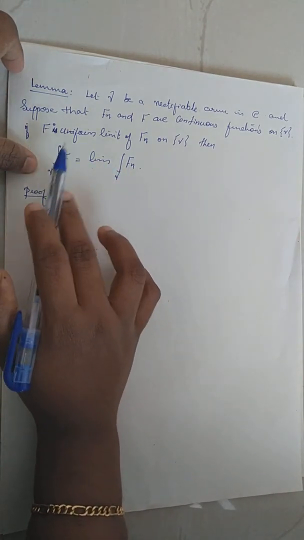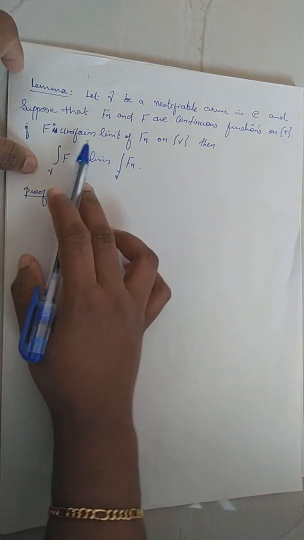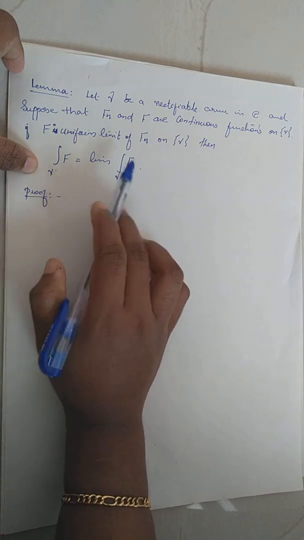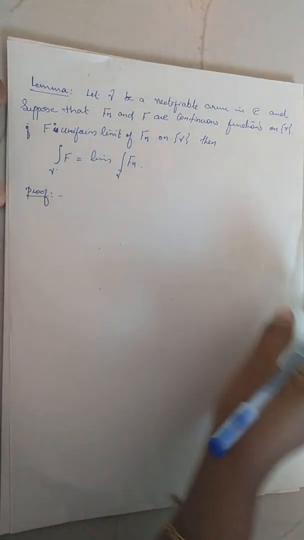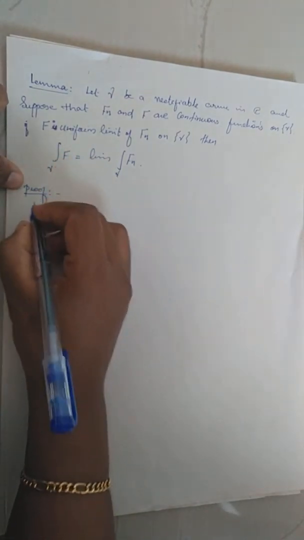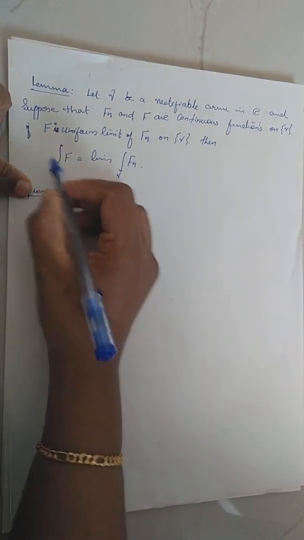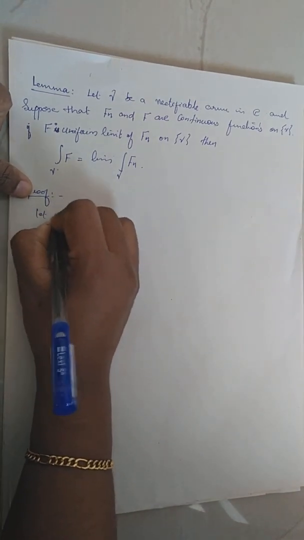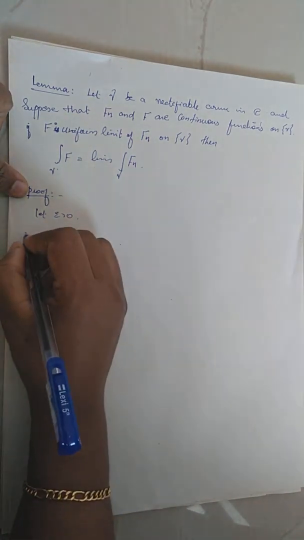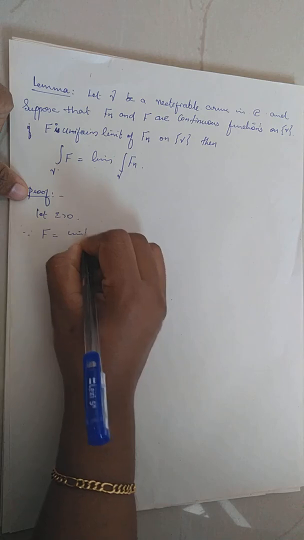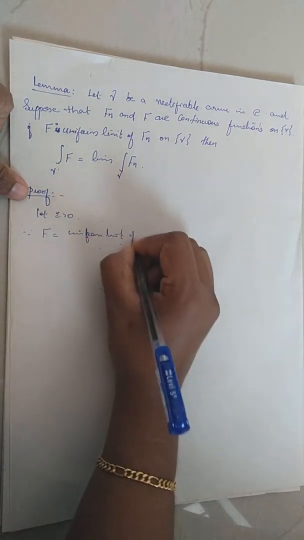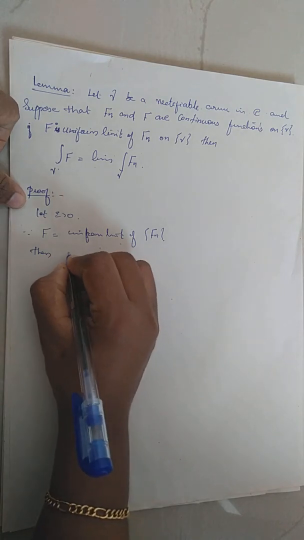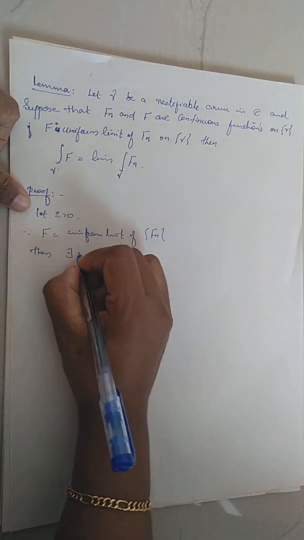That means limit and integration are interchangeable only when the convergence is uniform, and this integration is done along the curve gamma. Okay. So in order to prove that this integral and limit are interchangeable, I have to prove that the difference between them tends to 0 when n is large. Okay. So let epsilon be greater than 0. And since f is the uniform limit of the sequence of functions fn, then by definition, for epsilon greater than 0 there exists a positive integer